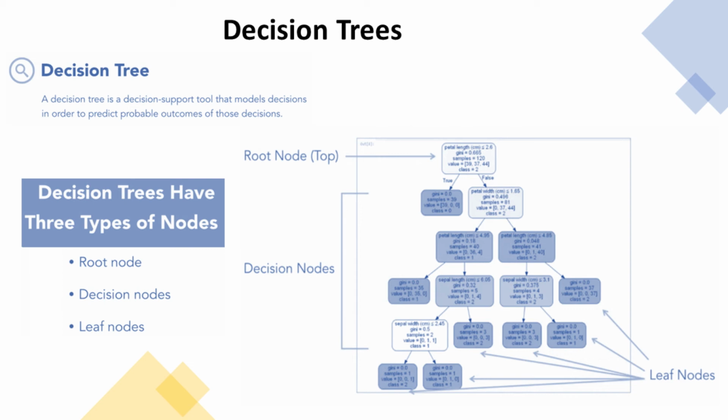Here's the anatomy of a decision tree. So the topmost node is a root node, and then each of the subnodes where we have the splitting going on, those are our decision nodes. And then down here we have our leaf nodes. So leaf nodes are the end nodes. They are leaves of the tree, the very end point of the tree, whereas the root is the base.